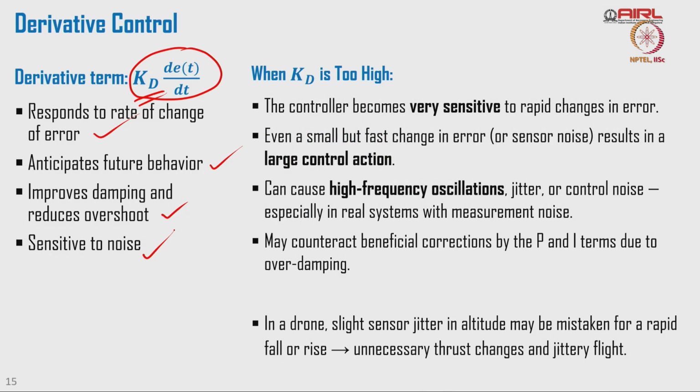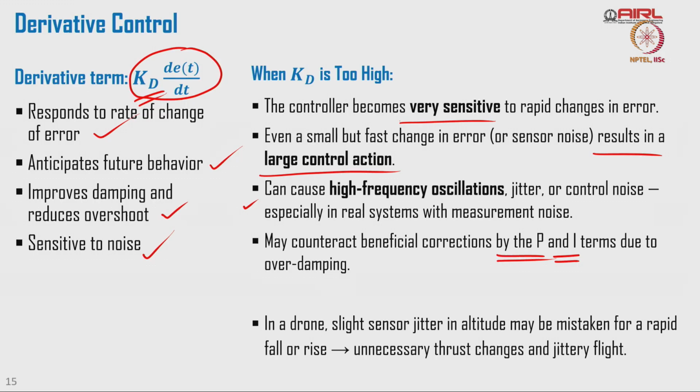Fine. When Kd is too high, the controller becomes very sensitive to rapid changes in error. So, that is a problem sometimes. Even a small but very fast change in error results in a large control action. Large control action means what? The energy consumption will go higher. It can cause high frequency oscillations, jitter, control noise. These are the problems. It may counteract beneficial corrections by the proportional and integral terms due to